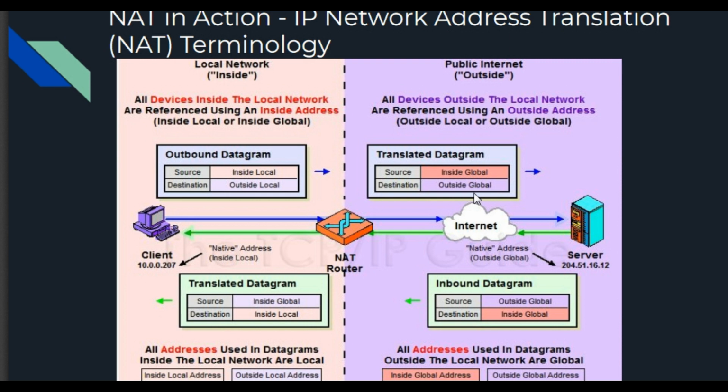What we will do is record the information of the packet when it's in the local network. We will manipulate the packet header and then send it to the global network to get sent out, and then we will reverse the process when it comes back. So local and global identify which side of the NAT device we are talking about. This will prove useful, because in order to apply NAT, when we are doing dynamic NAT, we need a good understanding of local versus global. I have captured this image from Google, so you can see and identify that.